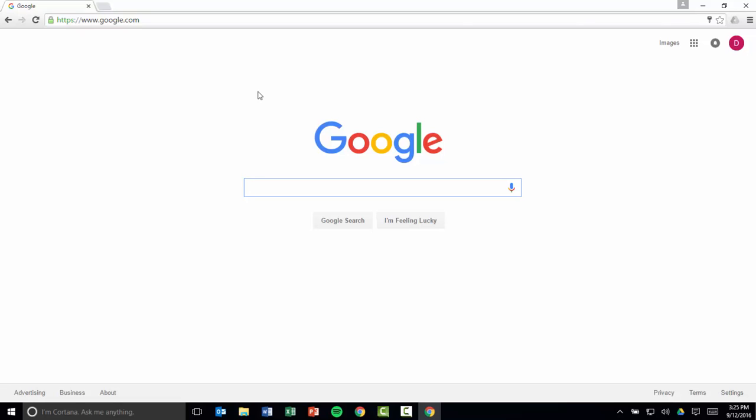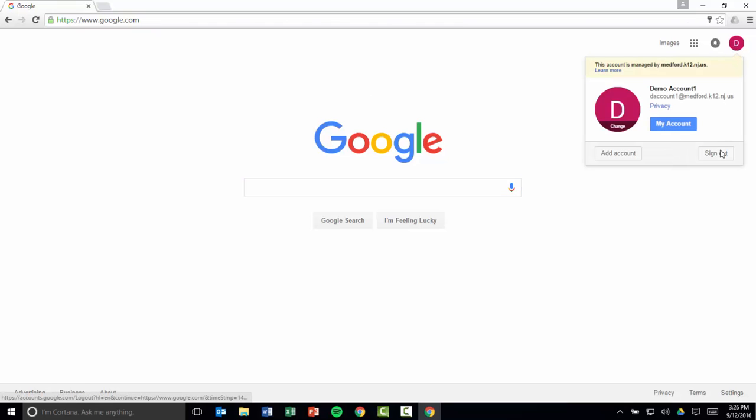By going through option number one, all I have access to are the Google services, like Google Docs, Google Drive, Google Classroom. But I'm not actually signed into Chrome, so my printers won't be available to others, my bookmarks don't import, and my apps and extensions don't install. Option number one is only for being able to access my Google services. That's it. Now I'm going to click on my profile picture and choose Sign Out so I can show you